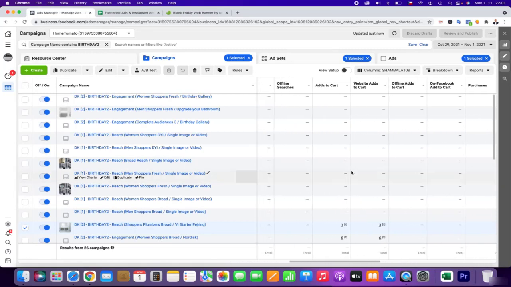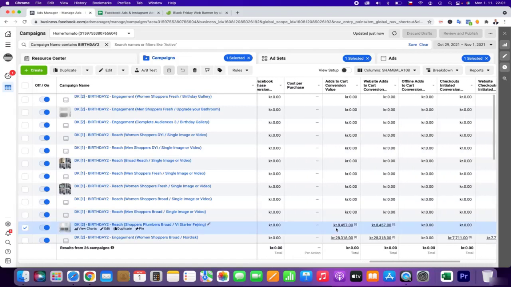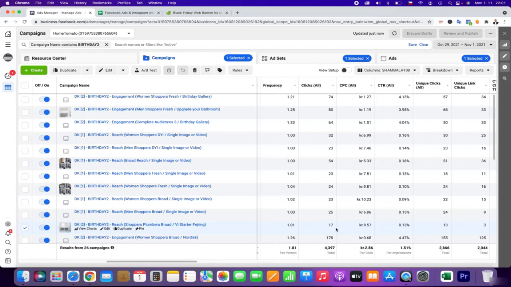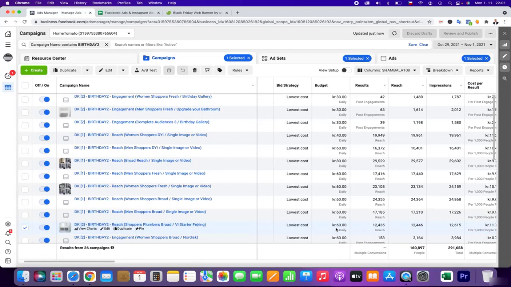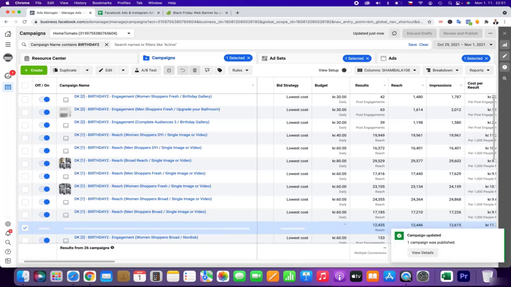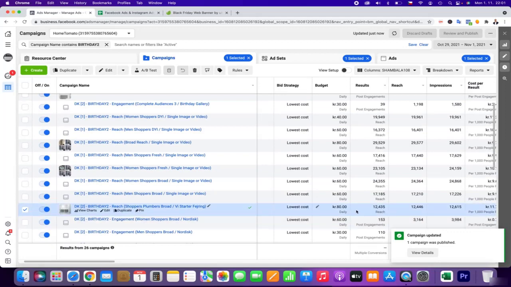And what is really important, what I like about this actually, is that we have quite a lot of add to cart actions. So this is something quite interesting that has never ever happened to me. So definitely sometimes you need to improvise. Sometimes you need to really think how you can actually find new audience or give more information to Facebook, and how you can reach out to new people.